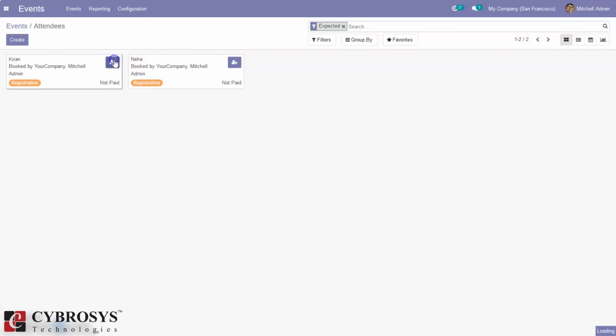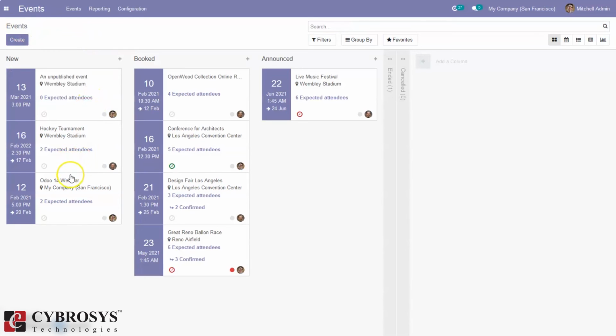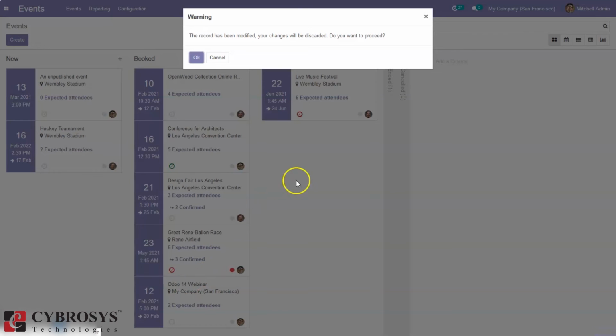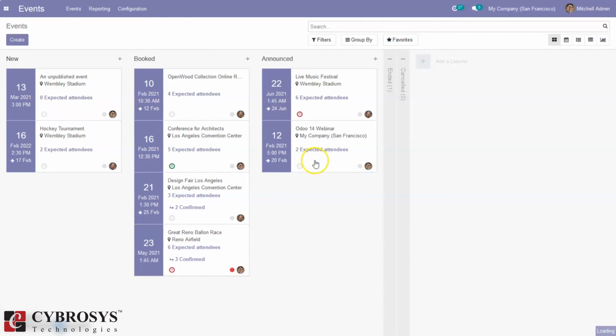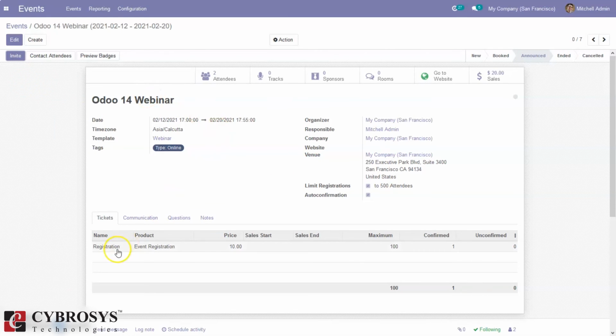If you click on this, it is marked as the person has attended the event. And inside this form, you can see the option to contact attendees directly.